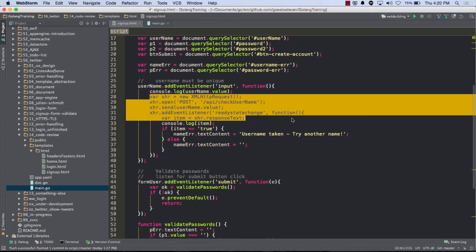jQuery sucks. jQuery was created to help bridge differences between browsers in like 2007, 2008, and 2009. You used to have to write one set of JavaScript for one browser and another set for another browser. jQuery said, just write it once, and we've done the rest for you.